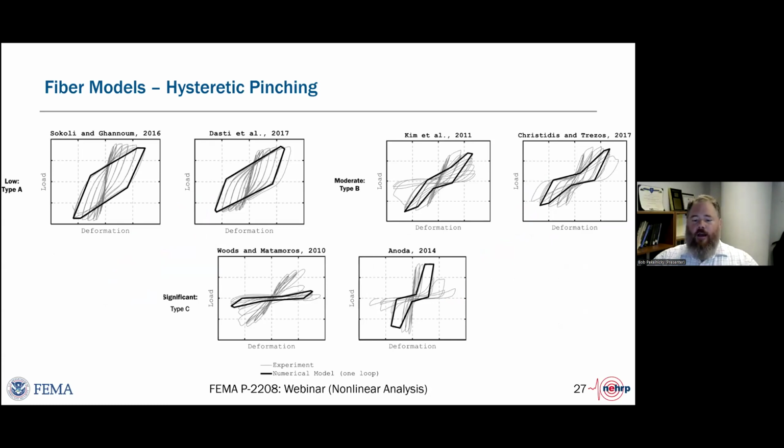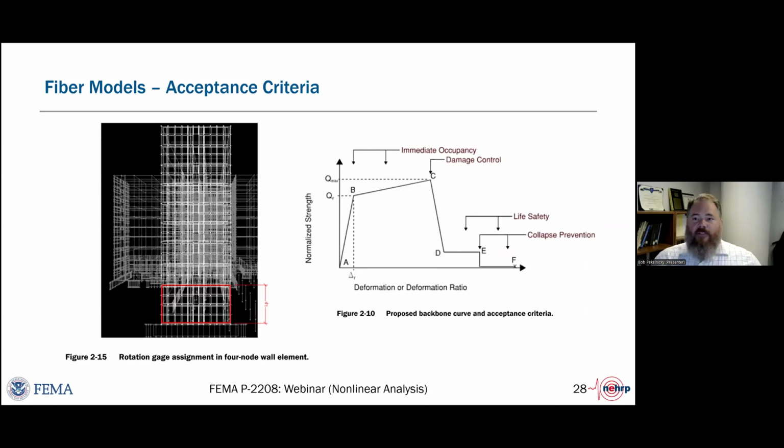So we're setting a higher bar for force controlled elements and saying that the acceptance criteria should be based on the backbone curves or derived from backbone curves in research testing. So we're steering people away from using usable strain limits as the acceptance criteria for fiber models.